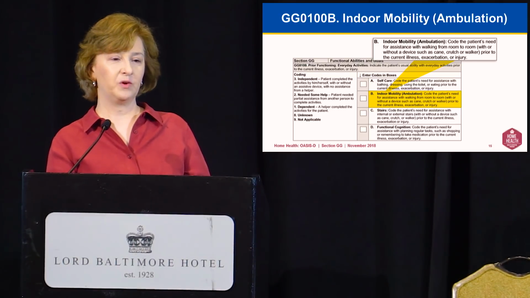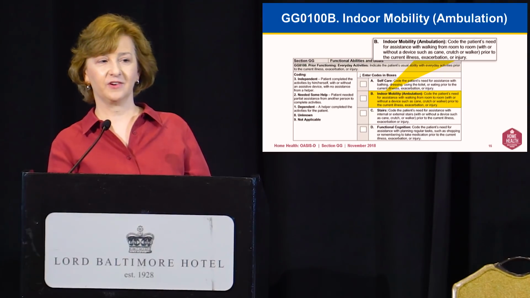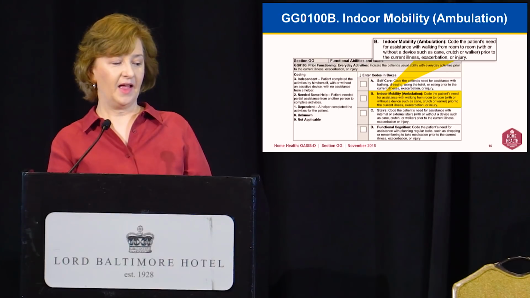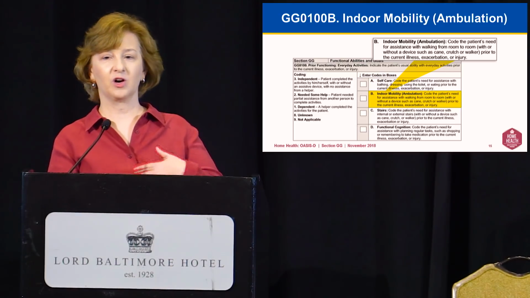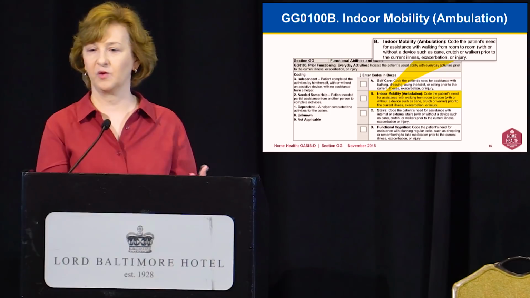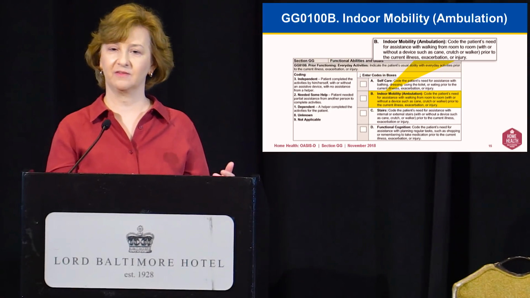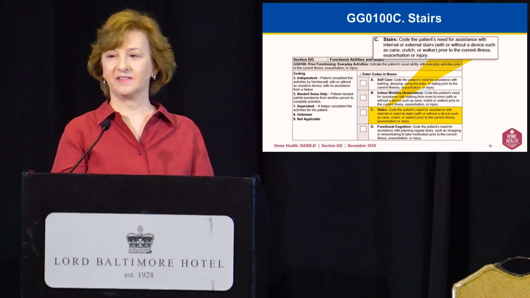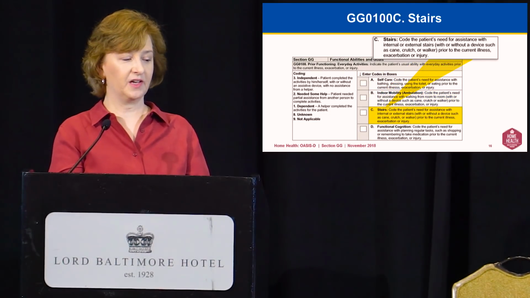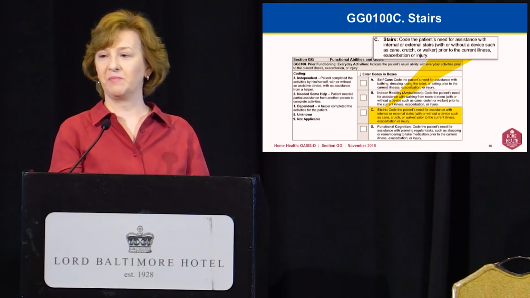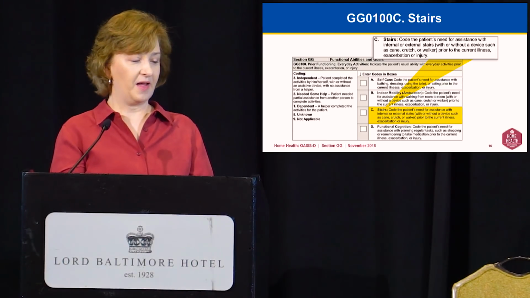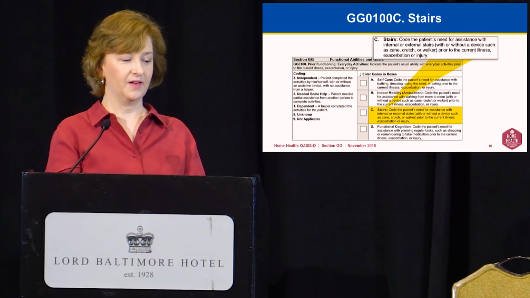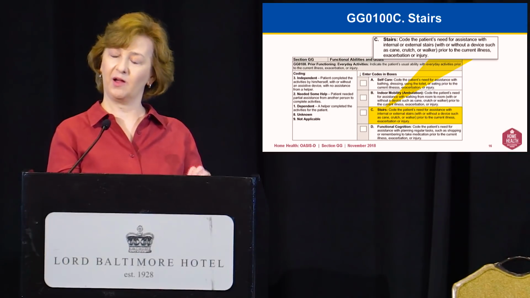And for this, you would be coding based on the person's need for assistance to walk in between rooms, so walking room to room. And this would be regardless of whether they use a device or not. So it's just, did the person actually need assistance from another person, a helper? The next area is stairs, and this relates to the person's need for assistance to manage either indoor or external stairs. Again, the person could be using a device or not, and the focus is on whether helper assistance was